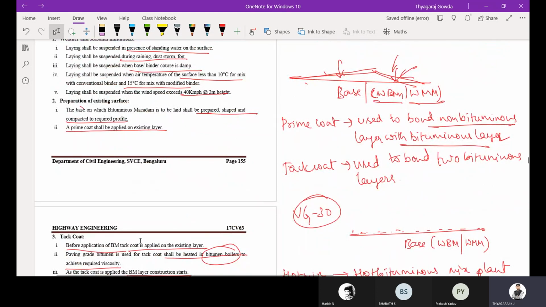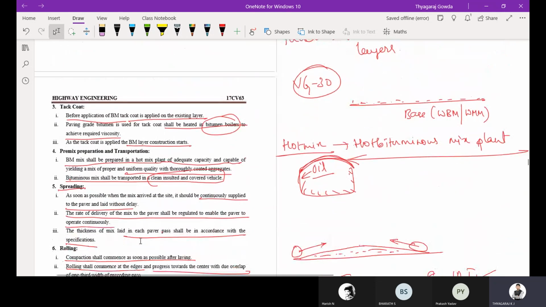Tack coat is used to bond two bituminous layers. Then premix preparation and transportation. Bituminous macadam mix will be prepared in the hot bituminous mix plant and taken to the site by a closed vehicle which is insulated inside.